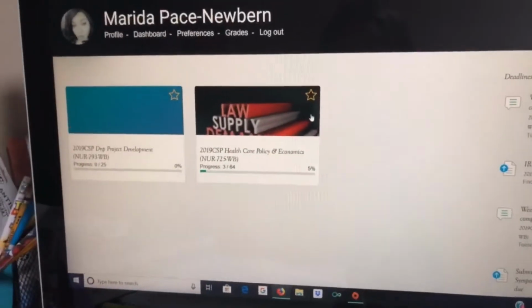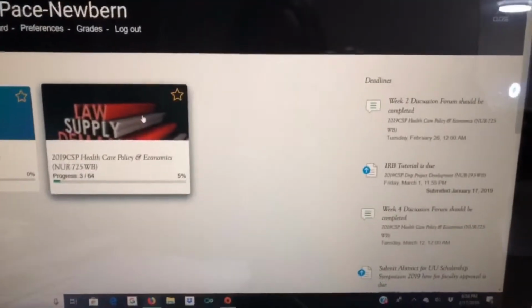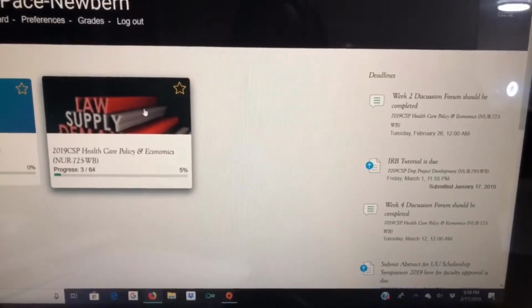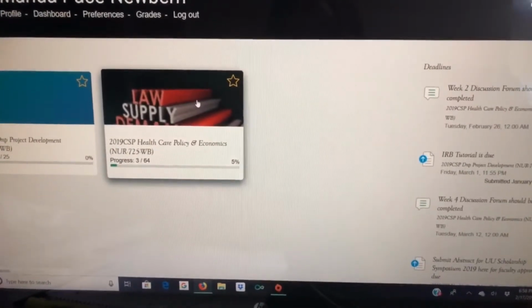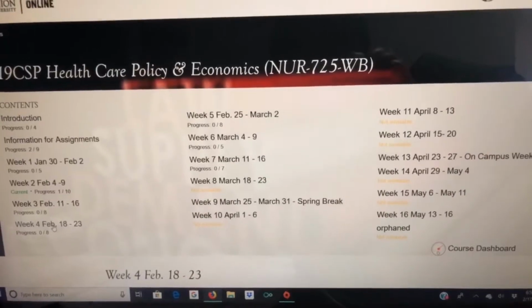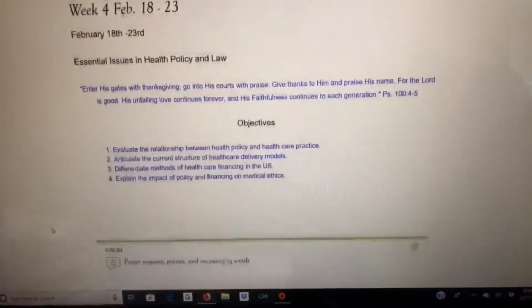So I'm going back to my actual classes right here, and I'm going to this class. You see here on the right, it talks about which assignments are due by when, and gives you your deadlines. I'm going to click on this health policy and economics class that I'm taking, and I told you we're going to go back to week 18, February 18th through 23rd, which is this week coming up. And we are here. Now really all I'm trying to see at this point is what I have to do